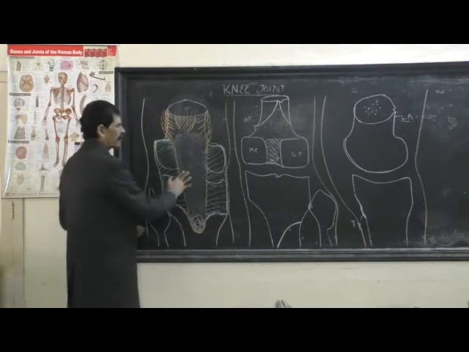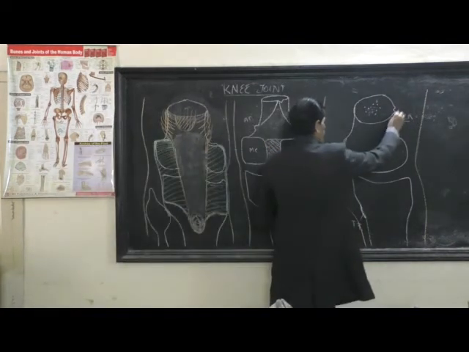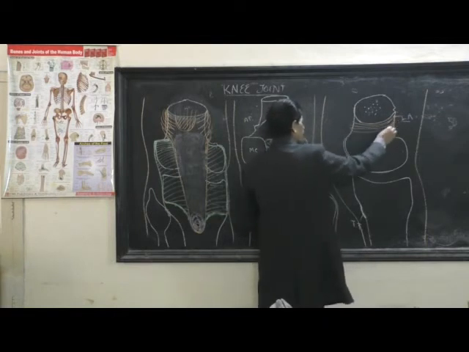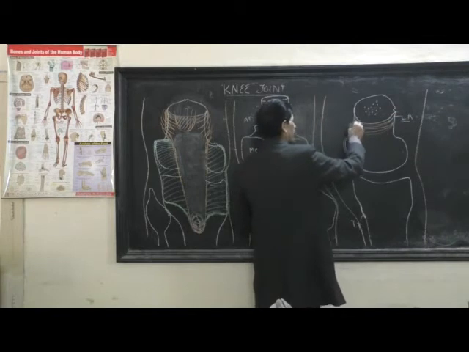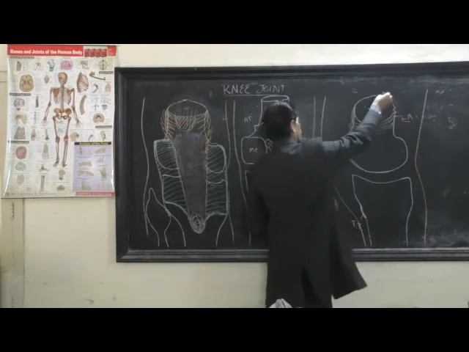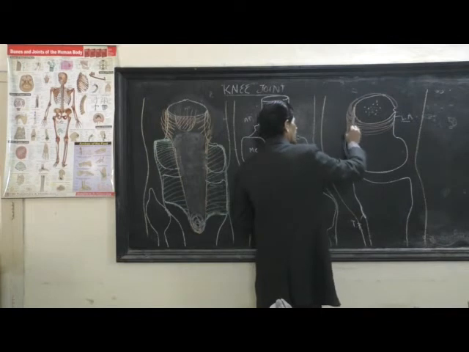So the same diagram, if we see it in the lateral view: from the linea aspera, the muscle comes, that is the vastus medialis. From lateral posterior to the lateral and then anterior. Then from the anterior surface, vastus intermedius. And from the linea aspera, vastus lateralis takes origin, it skirts from the lateral surface of the femur, and it comes anterior medially, and all four muscles are fused to form the